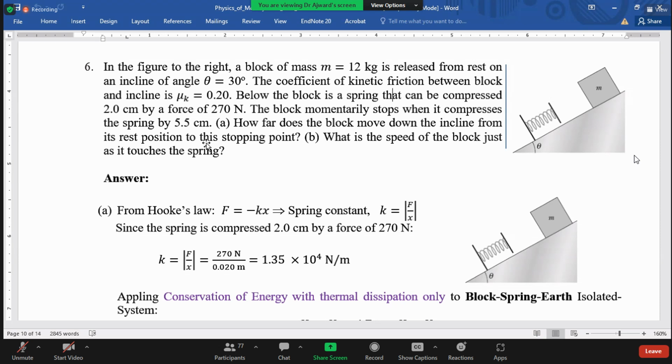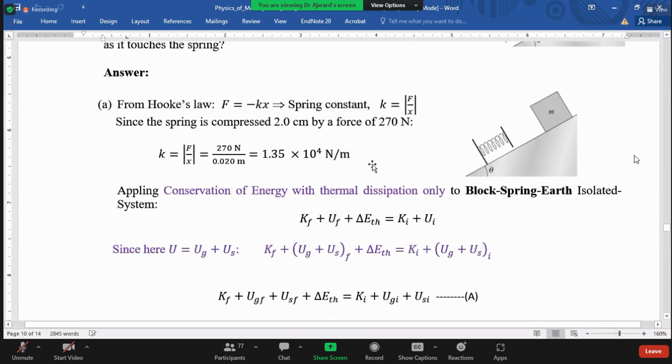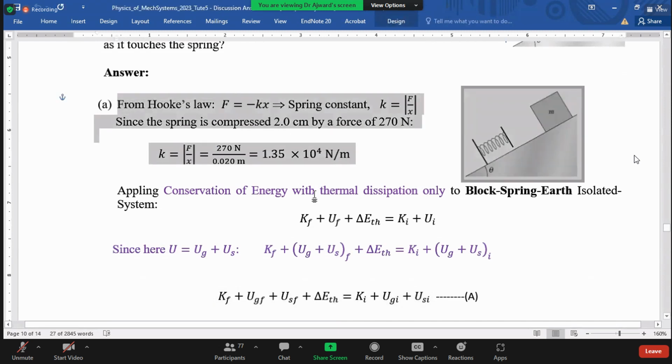But if you can't solve a problem that you already solved, how can you solve a new problem, right? So these problems you can practice, practice, practice. So here the first thing I basically did is found the spring constant, but it's not necessary to find it first. You can do it later also